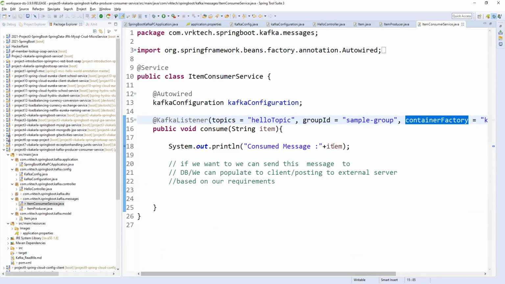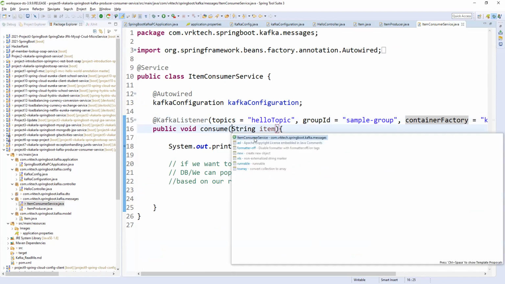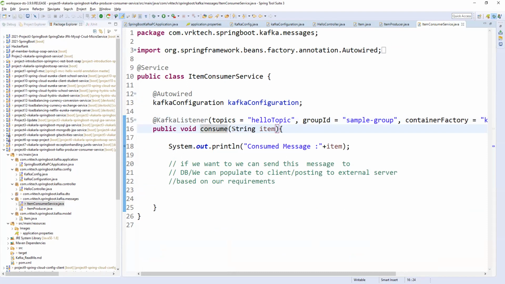Whenever a message comes into the topic, it will automatically be taken as a string. Whether it is an object or any kind of object, by default it will take a string. So you can see here, in the consumer, the string item is your method. Why? Because I am saving it as a string in my controller.